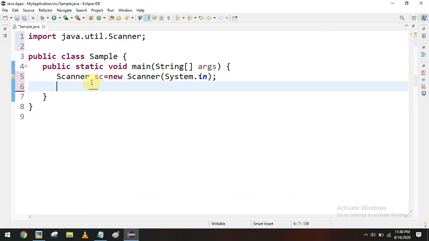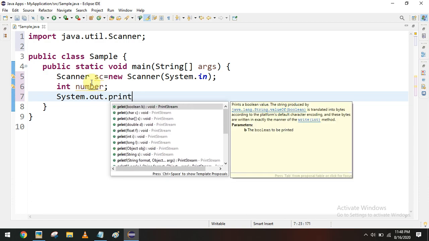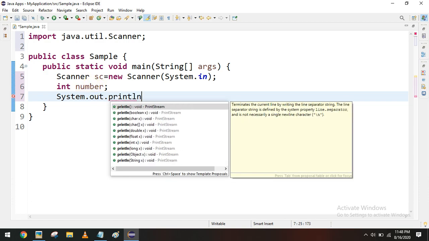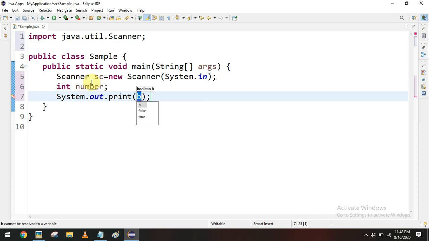So before accessing integer data, first we can declare a variable number, and we can ask the user to enter a number using the System.out.print function. Here it's better to use the print function without a new line. So we can ask the user to enter the number.